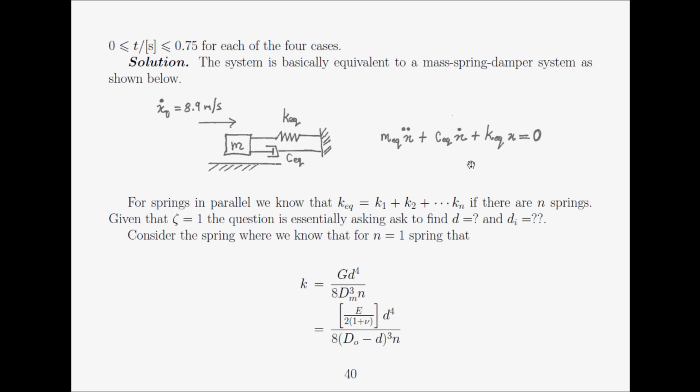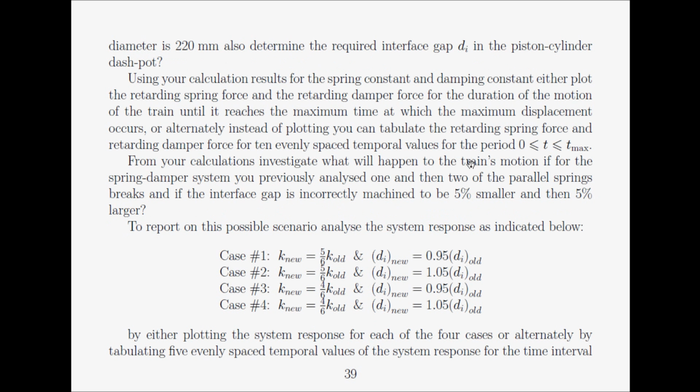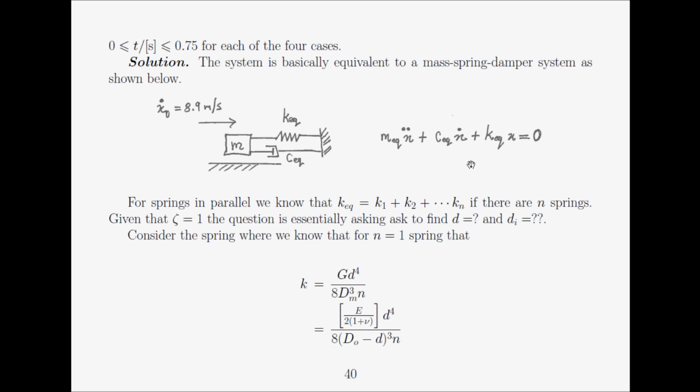Moving on, substituting the various formulas, the springs are in parallel. We effectively add up the springs, spring 1 plus spring 2 and so on, plus spring 6. All of the springs are the same, therefore we just multiply by n to get the equivalent spring constant. We substitute the known information into the formula supplied in the question to work out the equivalent damping